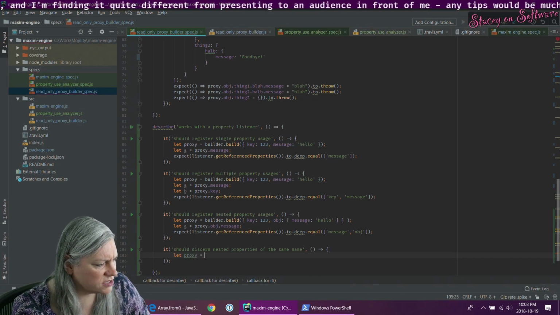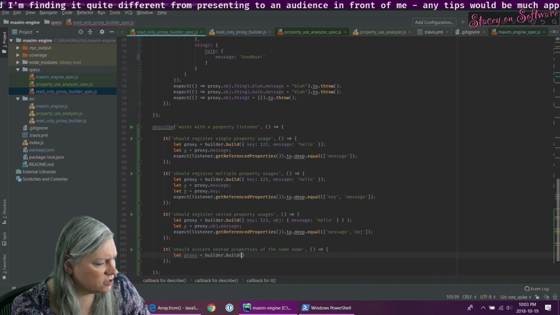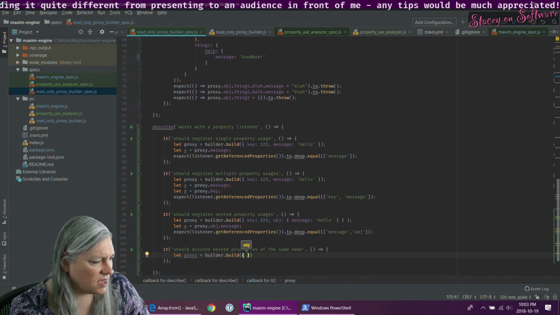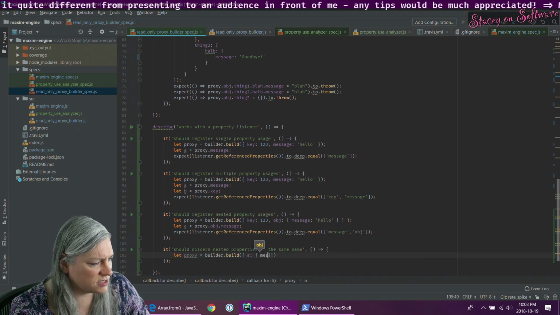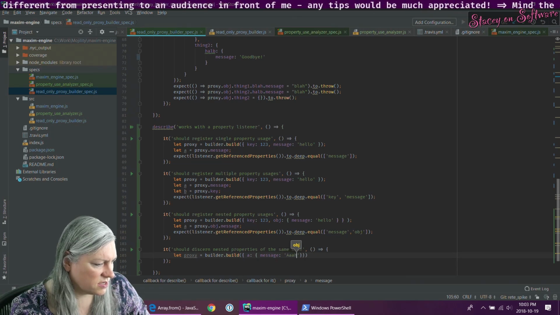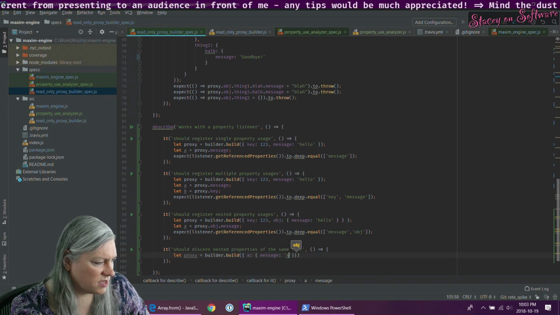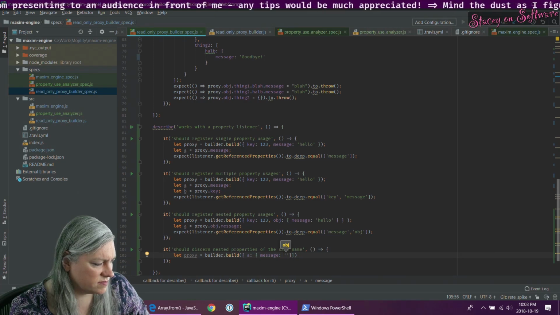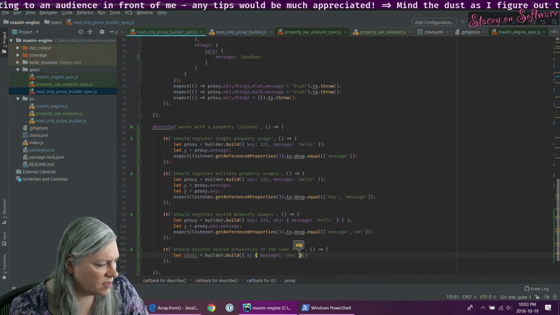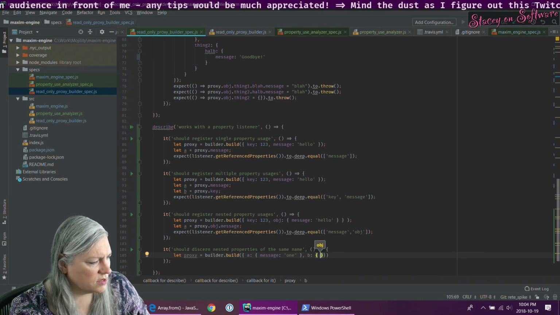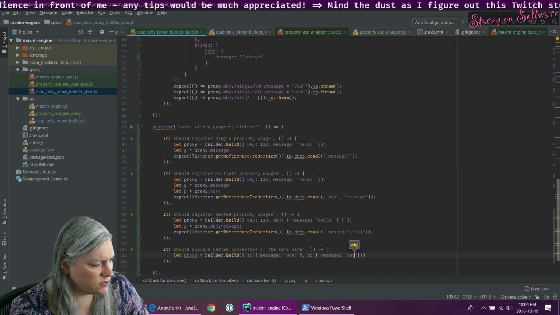If I have a proxy for something really simple, let's say object A, which has a message one, and then object B, which has a message 2.